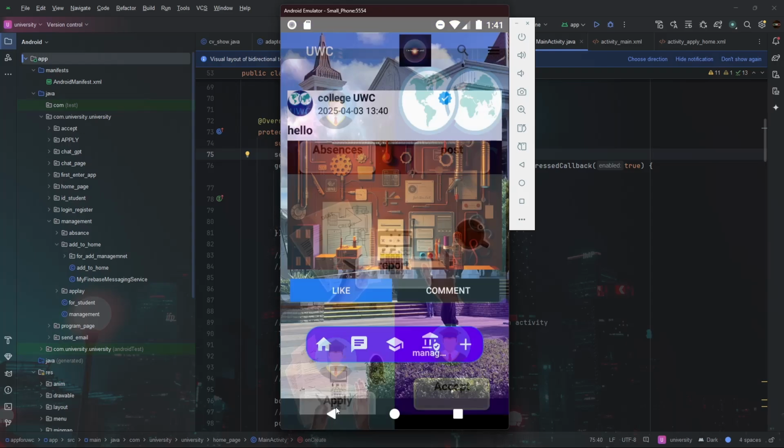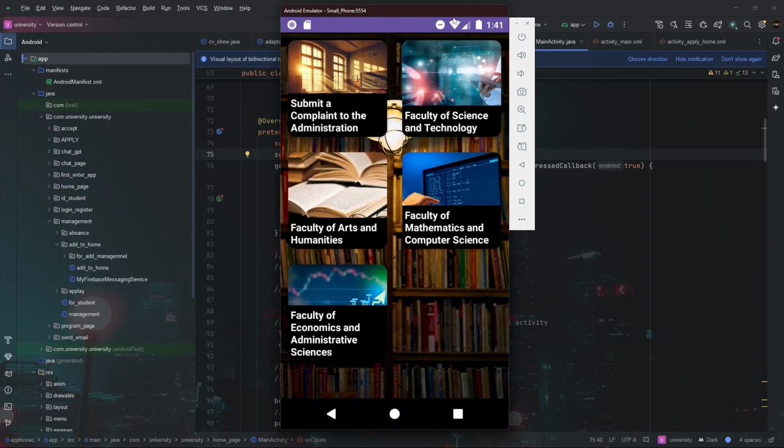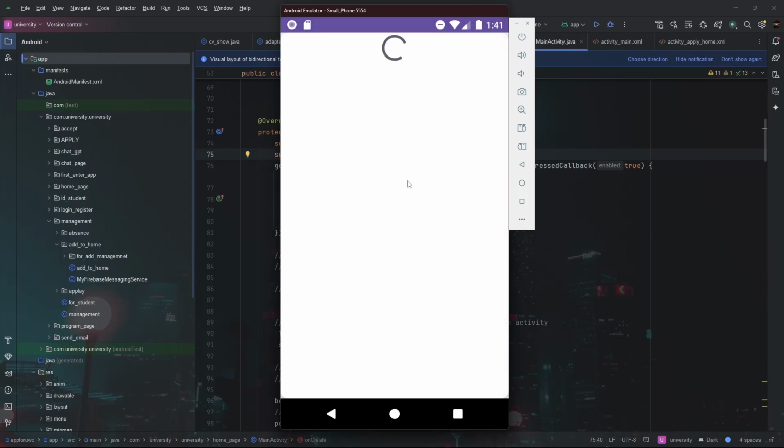And this is the report here, where the student can report to the school. I'm going to show you how to do it. This is a library of books. Here the student